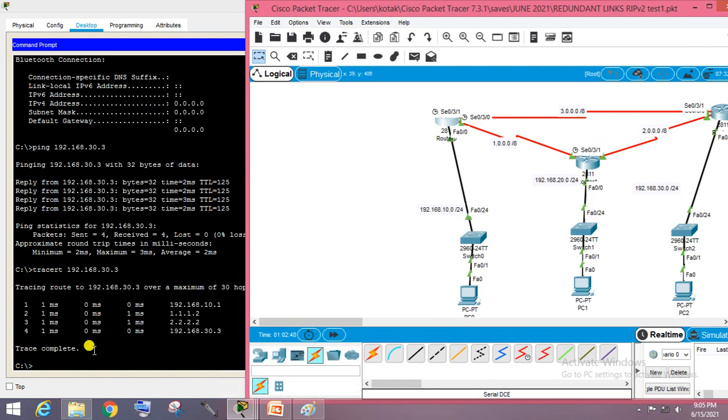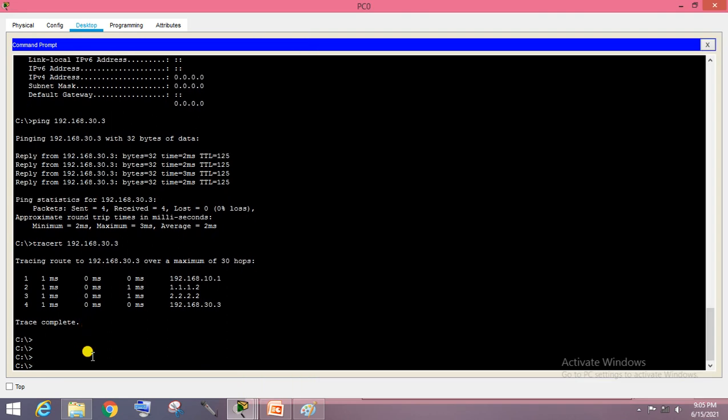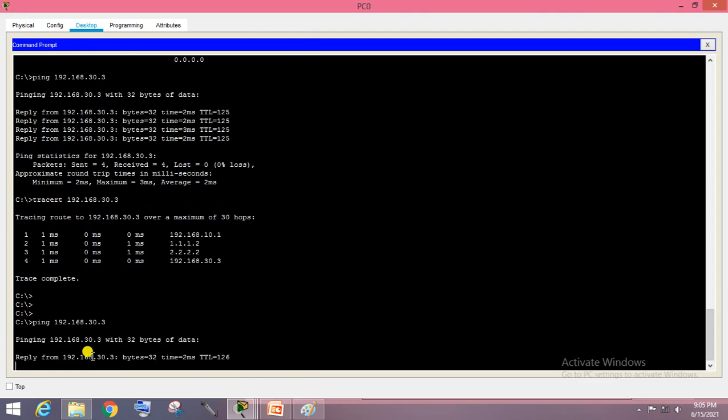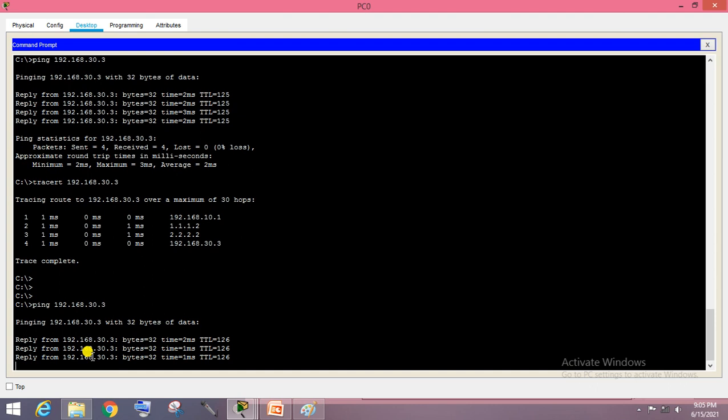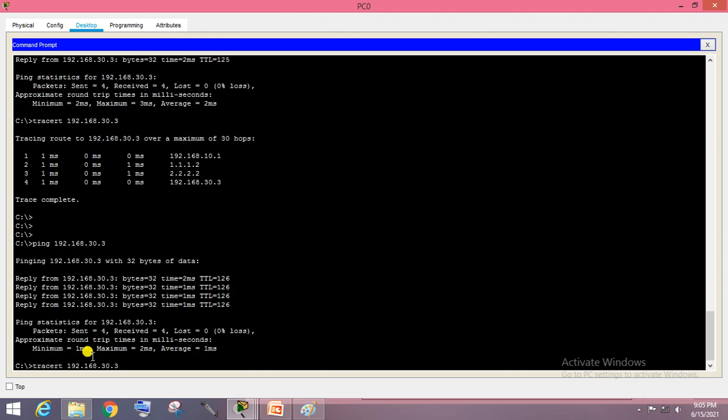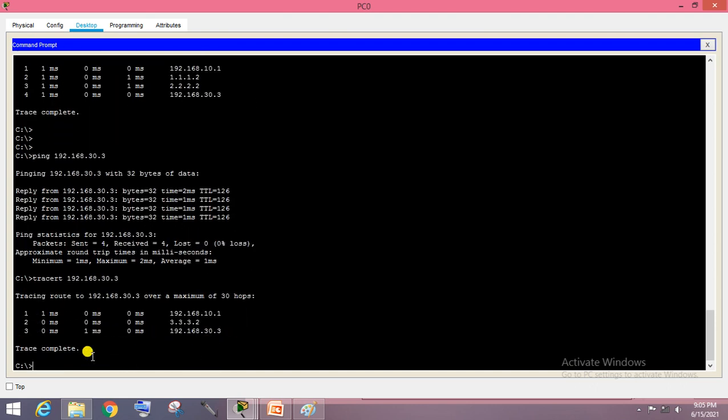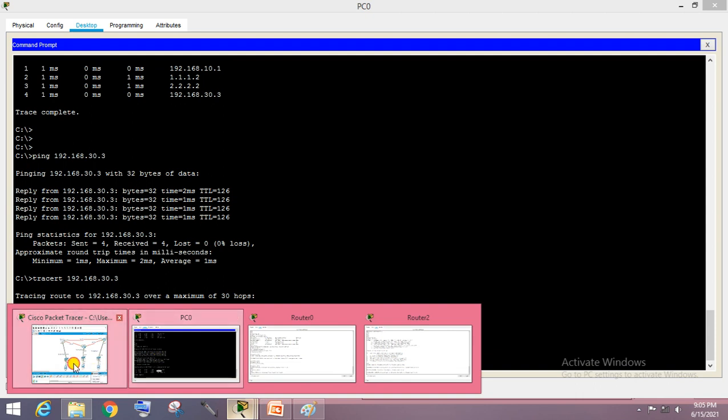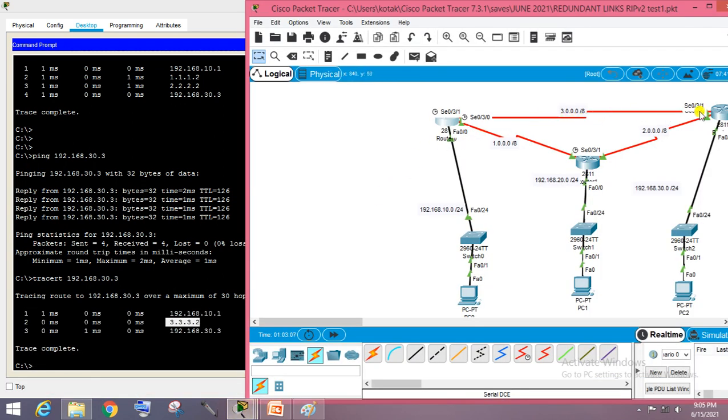Now we have to check again. First thing, 30.3 is pinging, and we have to check the tracert. Yeah, you can check what is the difference. Now 3.3.2, we are preferring this path.